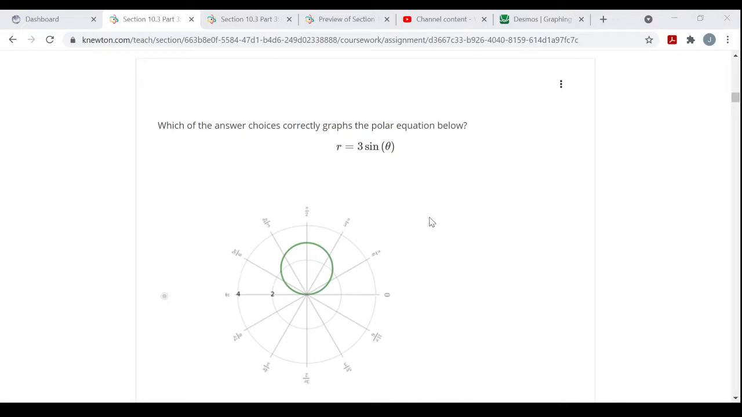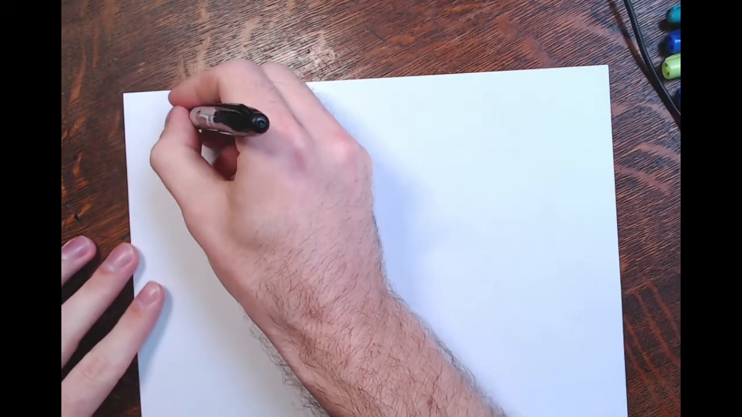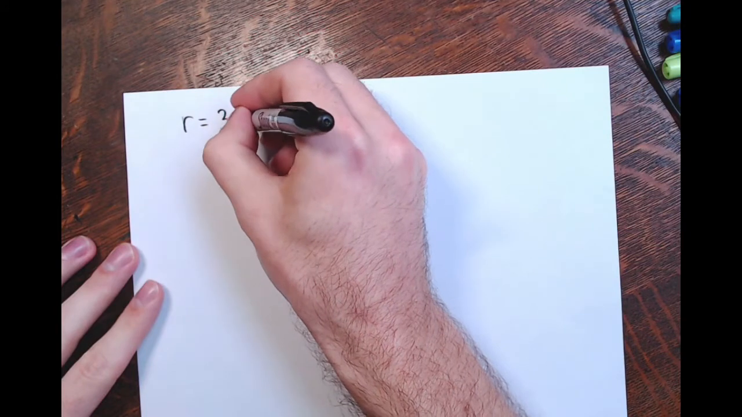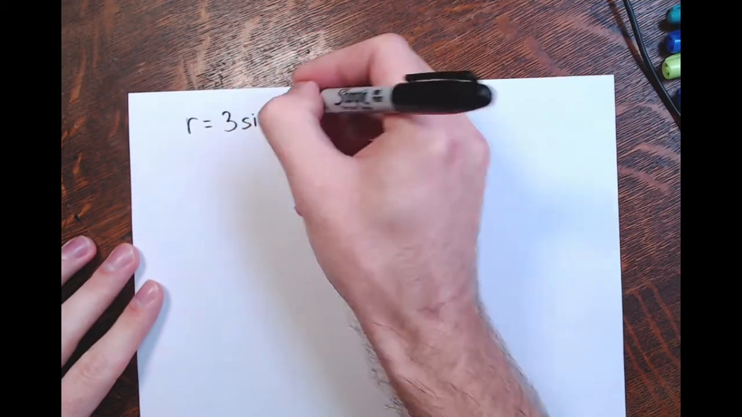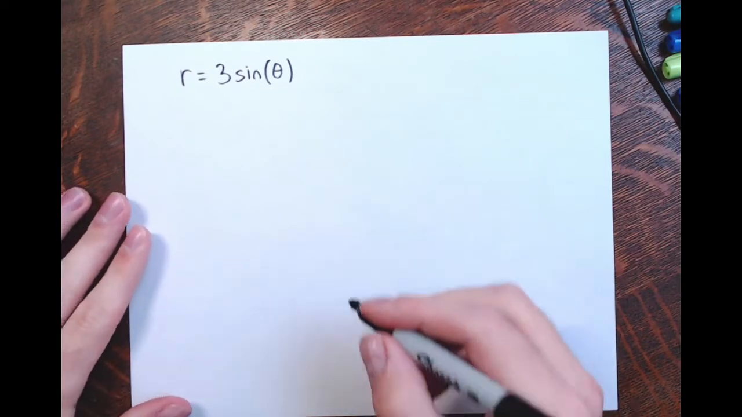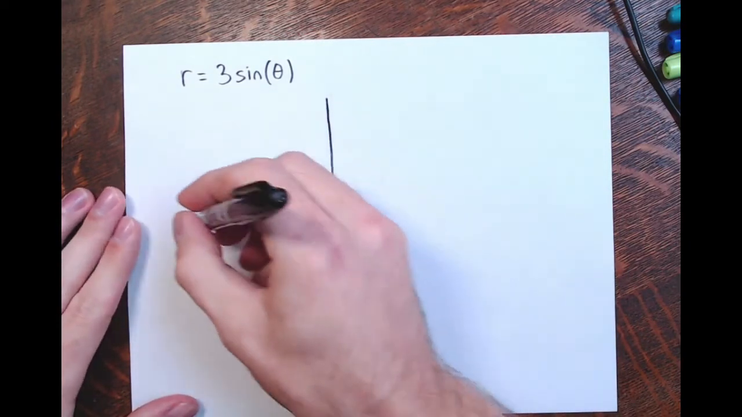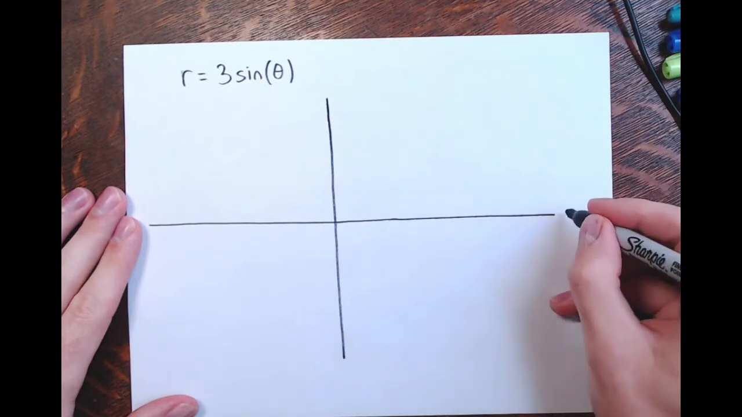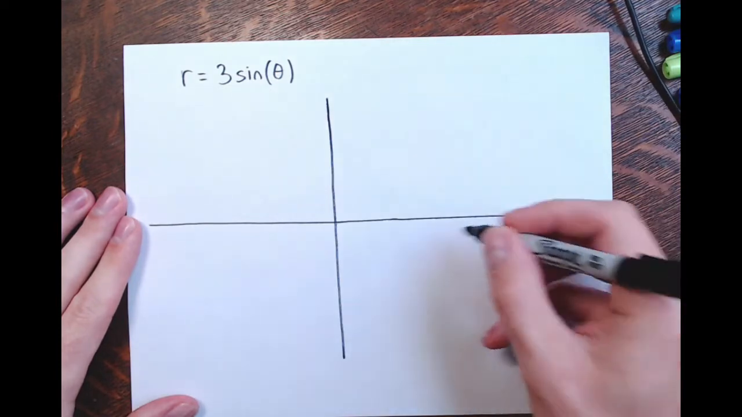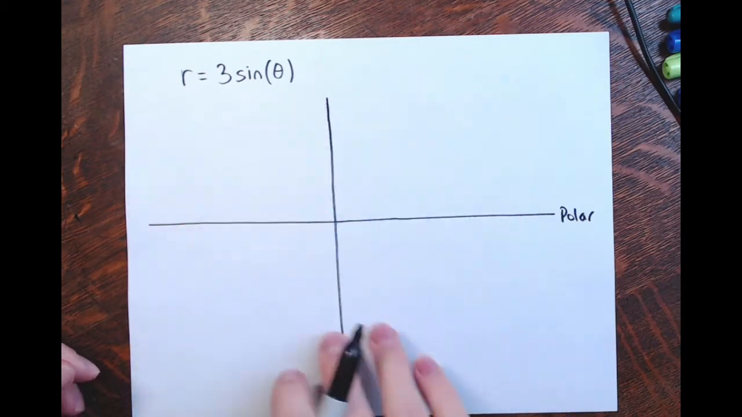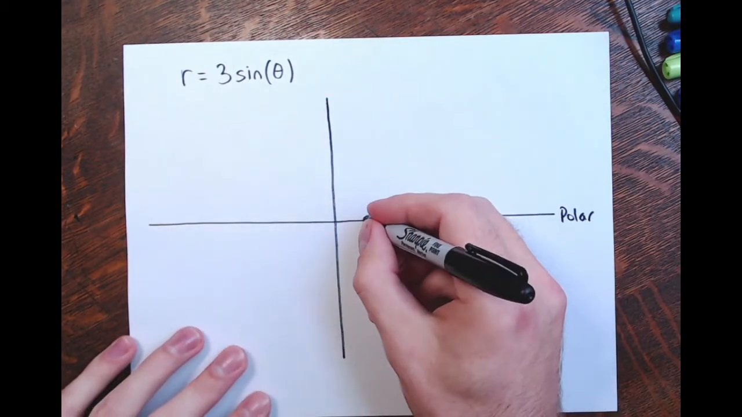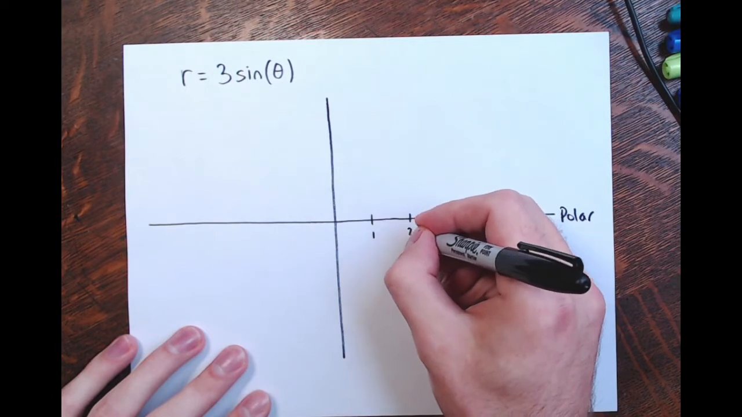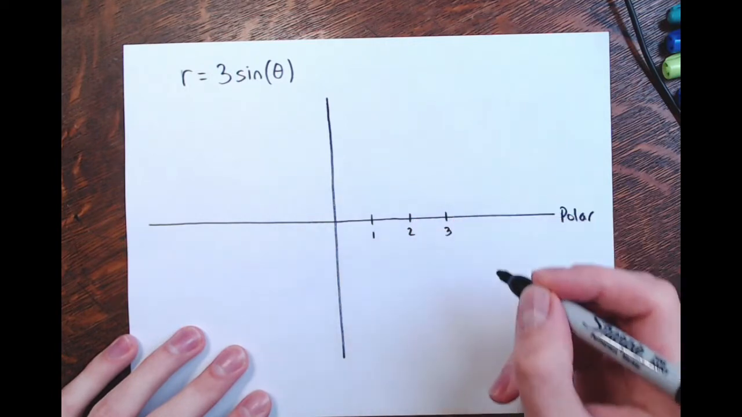Let's see how this comes up as a circle. So we have r equals 3 times the sine of theta. All right. So again, I'll make a little polar grid, very rough. So here's your polar axis, horizontal. The vertical axis really means nothing, it just breaks up the quadrants. And then we'll have a circle of radius 1, a circle of radius 2, a circle of radius 3, and really that's all I'm going to need,